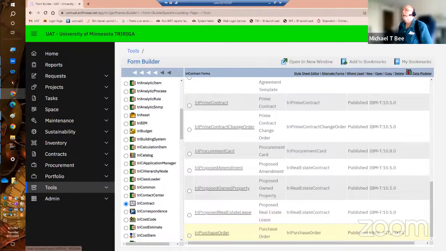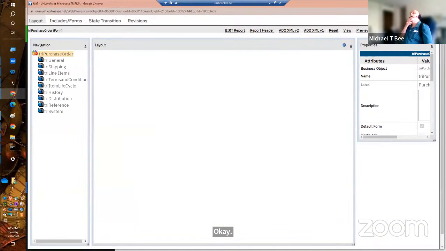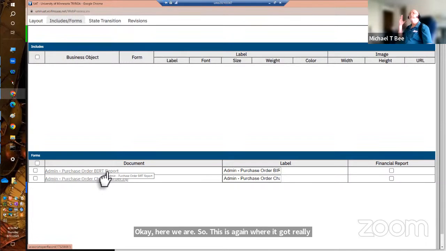Okay. Open it up. And go to the Include section. Okay, here we are. So this is, again, where it got really kind of funky and difficult to, in my mind,